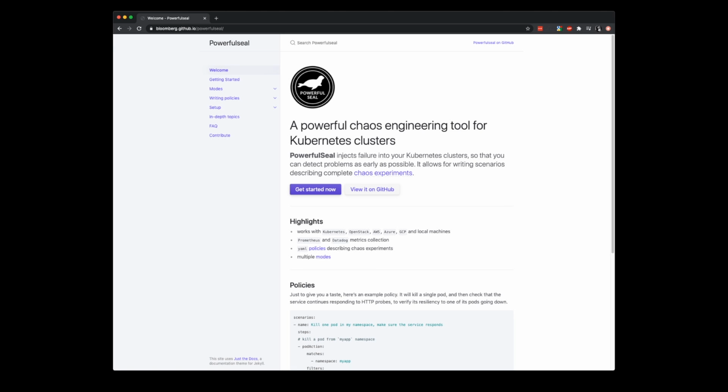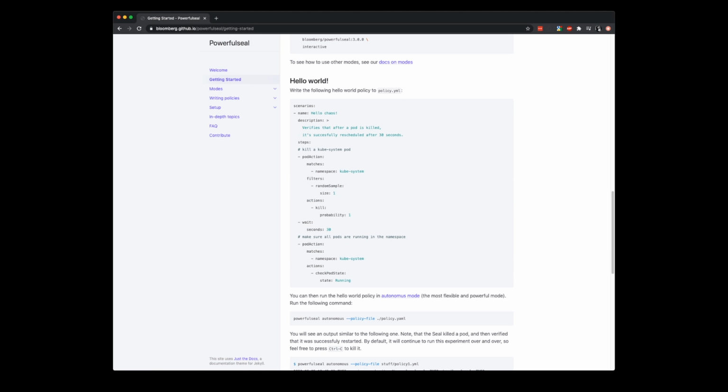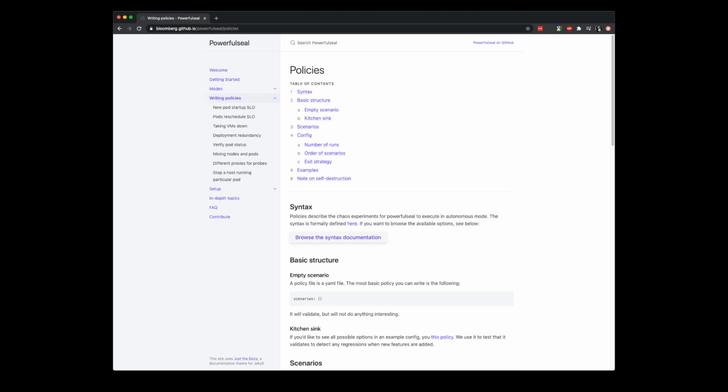So if you want to get started with that, there's a quick little tutorial, but the most important stuff is about writing policies in this section here, where you can see different examples of the policies that you can implement using Powerful Seal.